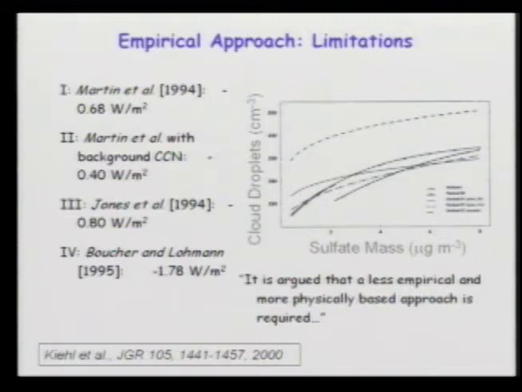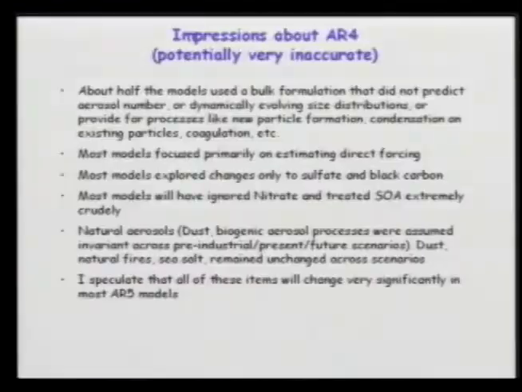Depending on which ones were used, you can derive different indirect effects, ranging from a low of about 0.4 to a high of 1.8. Because of these uncertainties, most groups have tried to move from this empirical technique to more physically based approaches. And so